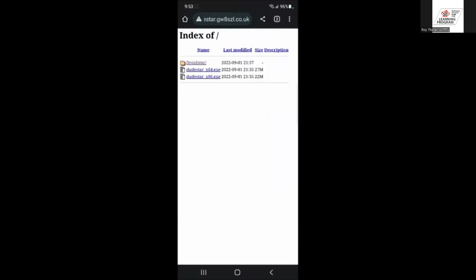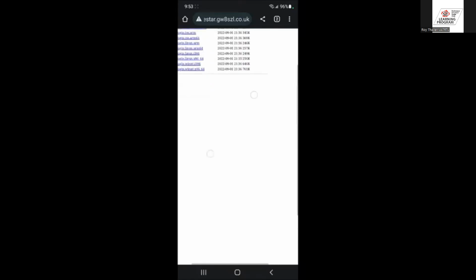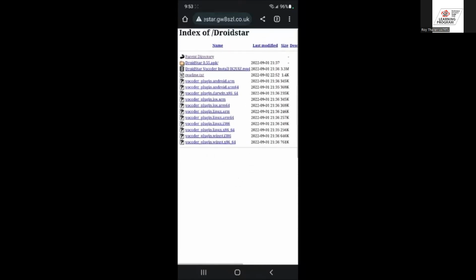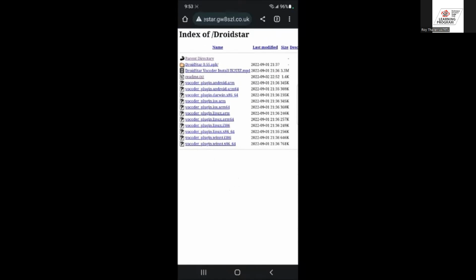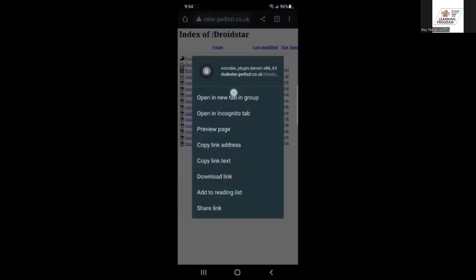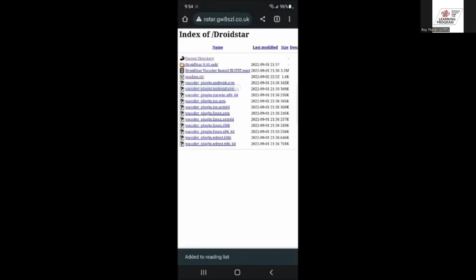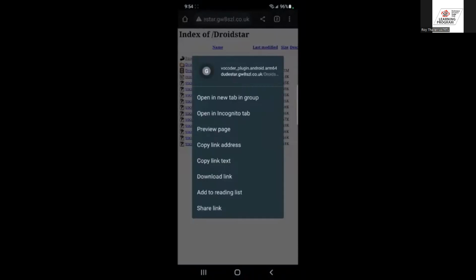You'll see a directory there called DroidStar, and you'll want to go into that directory, and you will see a listing of files for different platforms. In my case, I want the one for Android, which is an ARM and the ARM64. So what I'm going to do is not download that file. All I want to do is select that link, copy the link address,